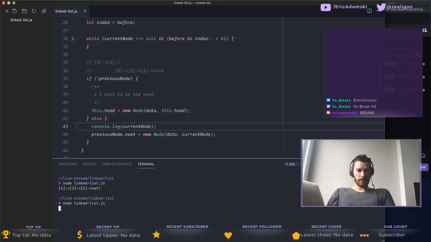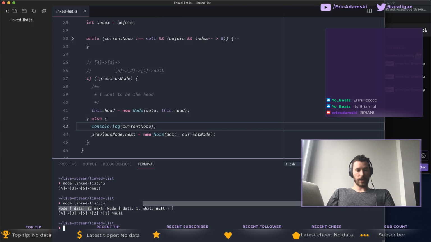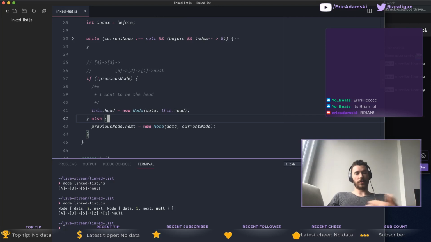Let's run this. There we go. The current node data is 2, and it points to the next of 1. And so you can see 4, 3, 5, we inserted it, and we didn't lose the list. We have 2, and then 1, and then null left. So there we go. Okay. So insertion is fixed. We can insert anywhere in the list,